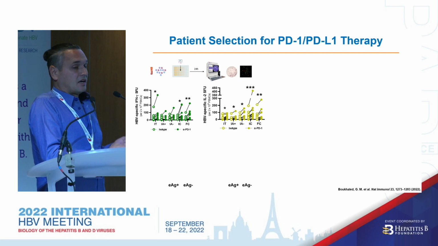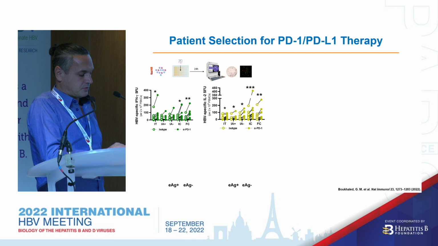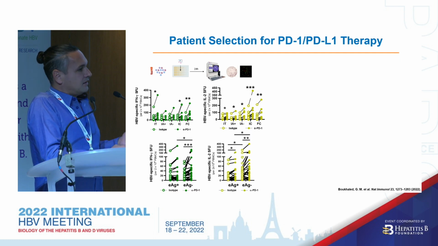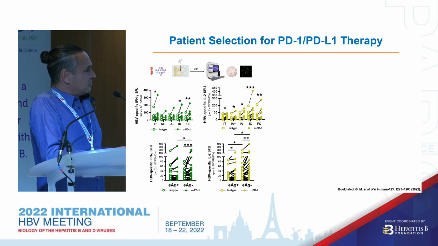And what we found is that IL-2 was a much better indicator of PD-1 restoration directly ex vivo. So I think just measuring interferon gamma is also not the right way to go. And I would always prefer to do both cytokines or at least IL-2. And then, trying to relate this back to patient characteristics, it's maybe not so exciting, but the e antigen negative